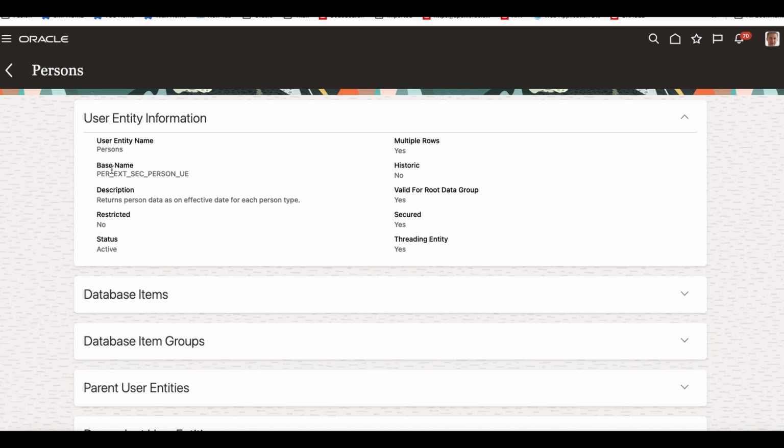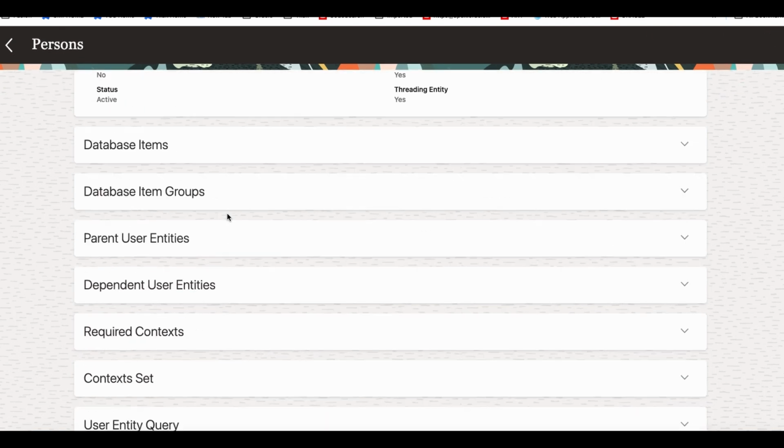When I say UE or user identity, these are related to a route, and the route is where we define the SQL. This one says user identity, and the description is the person data as of effective date. Now let me go into the